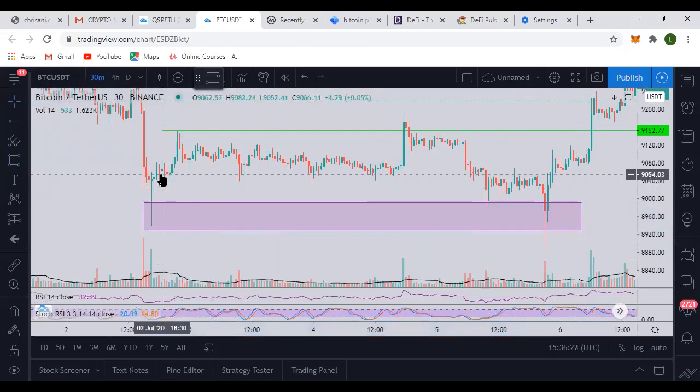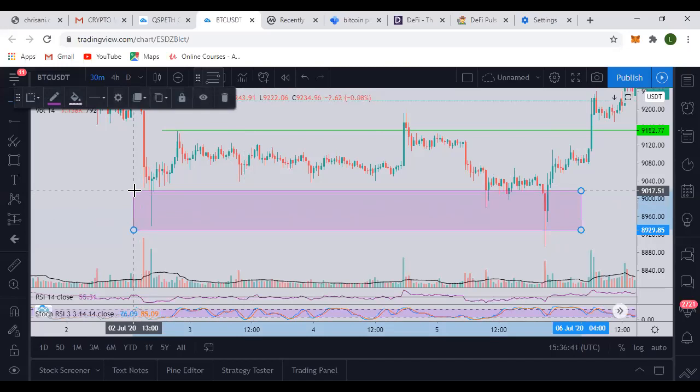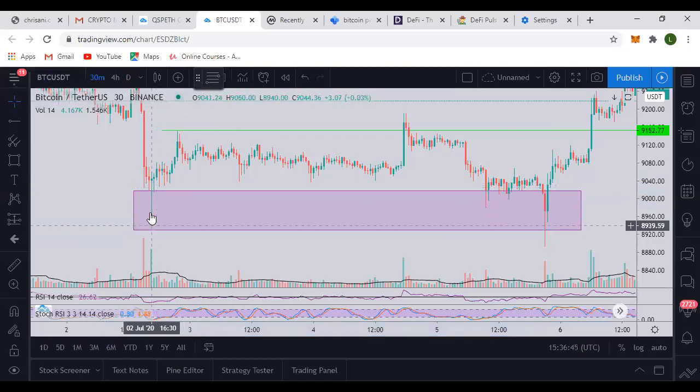Why? Because once the price touches it, the buy orders take place. People have already placed buy orders inside this range like this. That is why you notice that once the price hits it, it goes back up. It doesn't stay there. We can also extend this range to this side. You understand? Once the price enters this range, it goes back up.